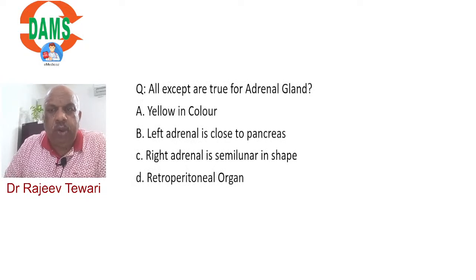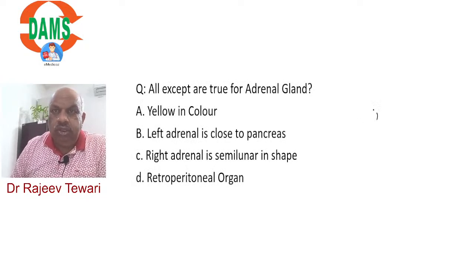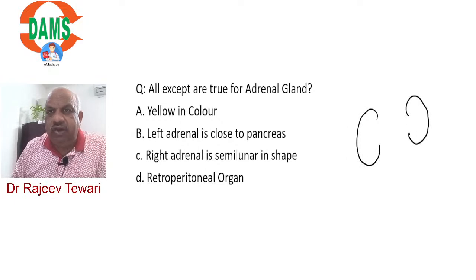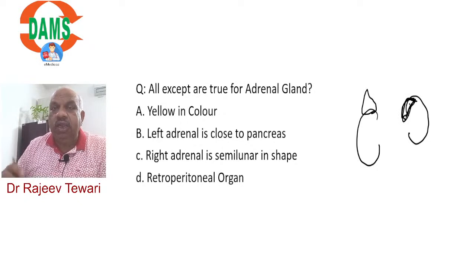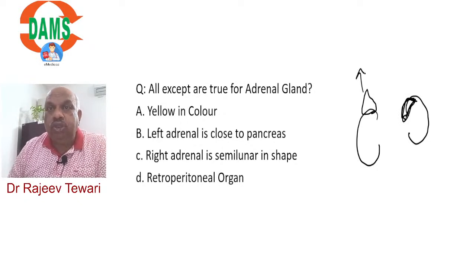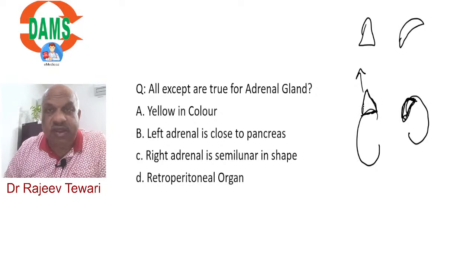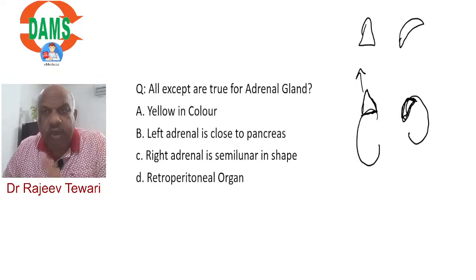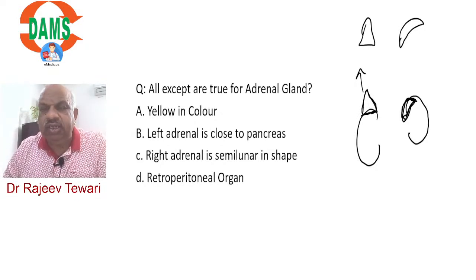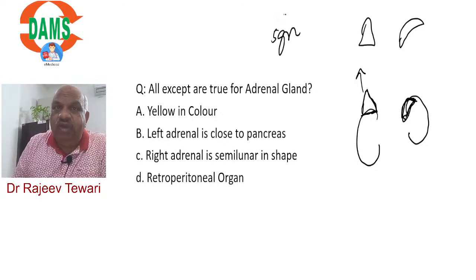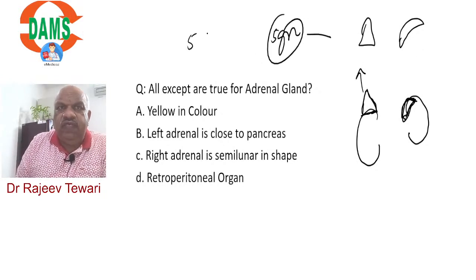All are true about adrenal gland except. The left kidney is higher, the right kidney is lower, but the right adrenal is higher as compared to the left adrenal. Why is the right adrenal higher although the right kidney is lower? Because of the shape. Right adrenal is triangular, left adrenal is semilunar. I discussed this point in urology at some centers: right adrenal is triangular in shape, left adrenal is semilunar, weighing 5 gram each, length